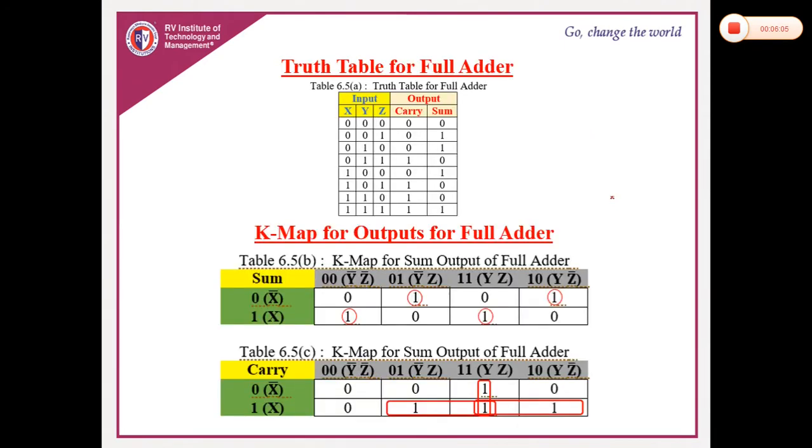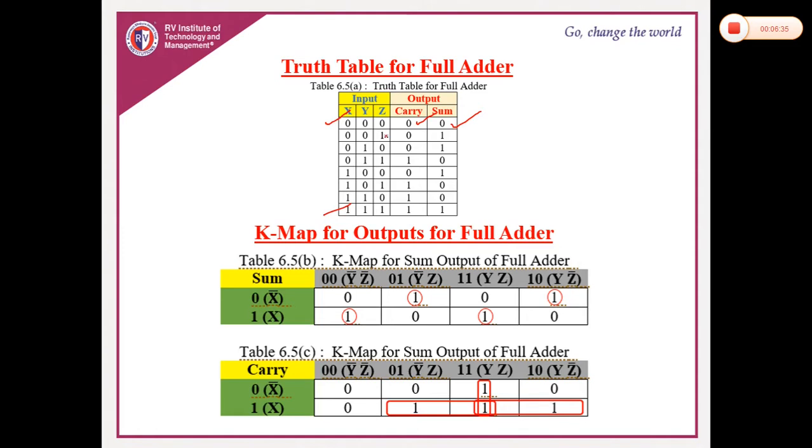Okay, next we'll go for the full adder and full subtractor truth tables. Whenever we say full adder, we have 3 inputs and 2 outputs. So x, y, z are the inputs, and carry and sum are the outputs. Whenever we say 3 inputs, obviously 2 power 3 is 8, so 8 combinations are possible from 0 0 0 to 1 1 1. Now whenever we say 0 0 0, you people know that 0 plus 0 plus 0 is 0, sum is 0, and there is no carry.